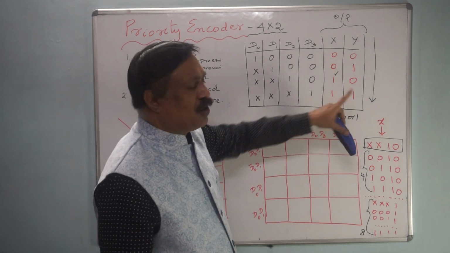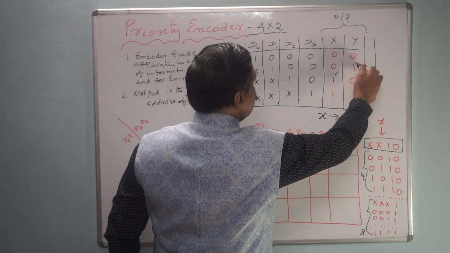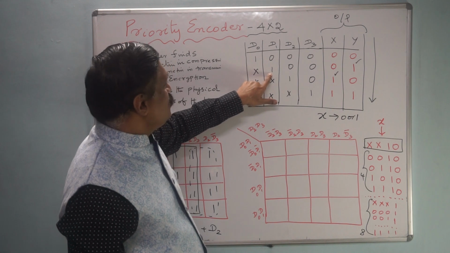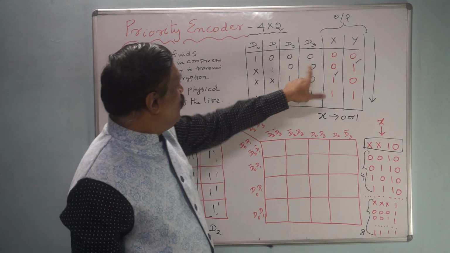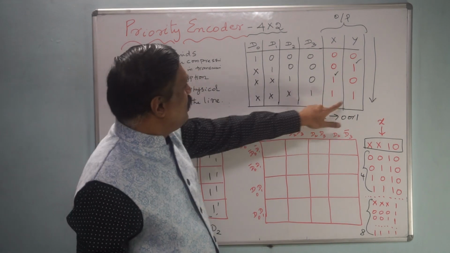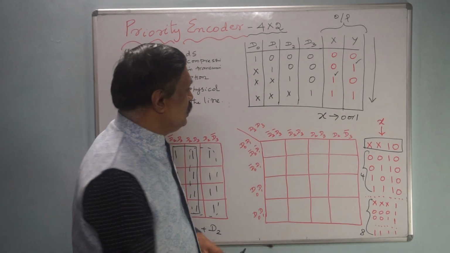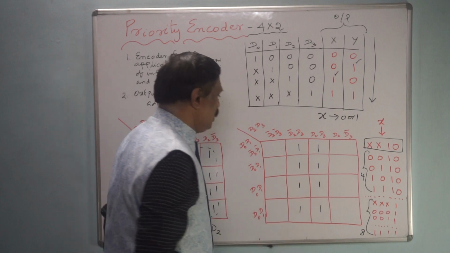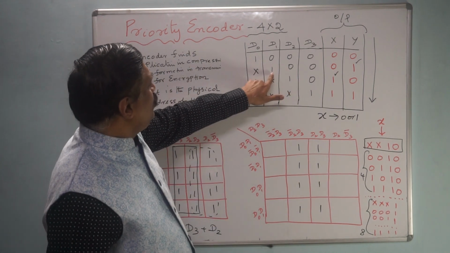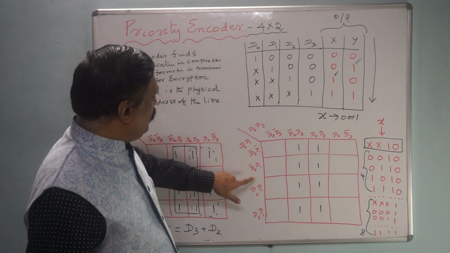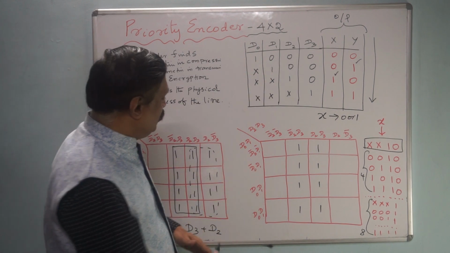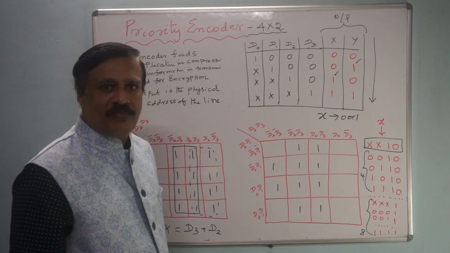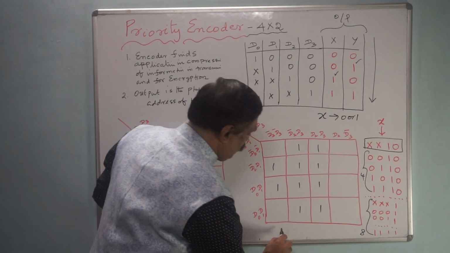Now, how to fill the equation for Y? Okay, here you just see this one. Here, what is the D1? D1 is constant. That means D1 is generating 1. And here D3. First you go for D3. Therefore, this is D3, D3, D3, D3. And here D1, I told you. Where is D1? Here D1 is there, here D1 is there. Therefore, you just fill in this. Now we have filled this, for the Y value.